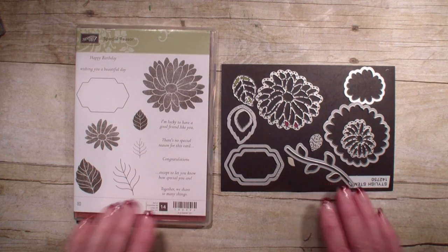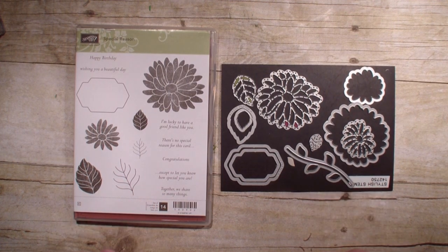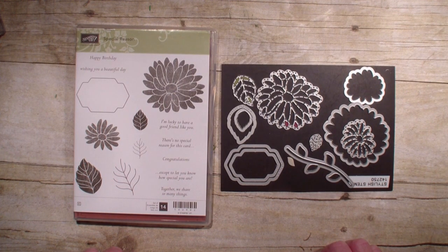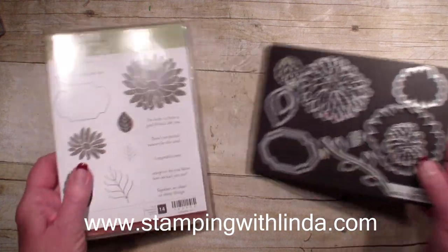Today I am featuring the Special Reason stamp set and the Stylish Stems in my Creative Fold card. This will be a bundle in my Stamp of the Month in the coming months. You want to check at my website, StampingWithLinda.com. So let's get started. The card that I'm doing today is called a Storybook Fold, and it was inspired by